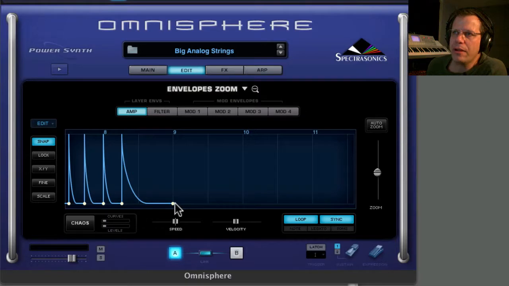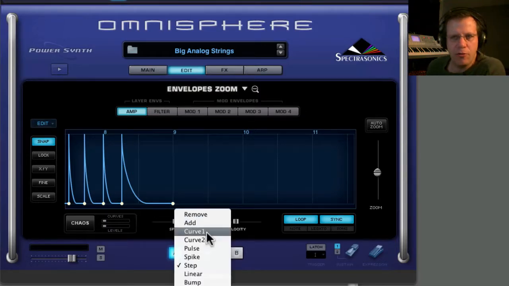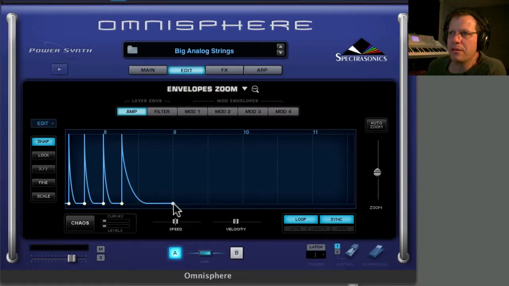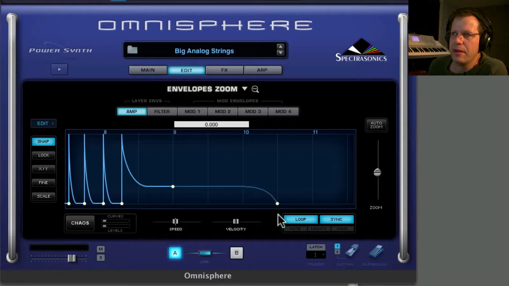So I'm going to right click. Let's click right here and change this to curve 1 and click and drag it out to like say 10.5 or so, and have it up a little bit and have it come down. And this shape isn't conducive to a nice fade out. This is where it's going to be full volume for a long time, and then at the very end it fades out. So